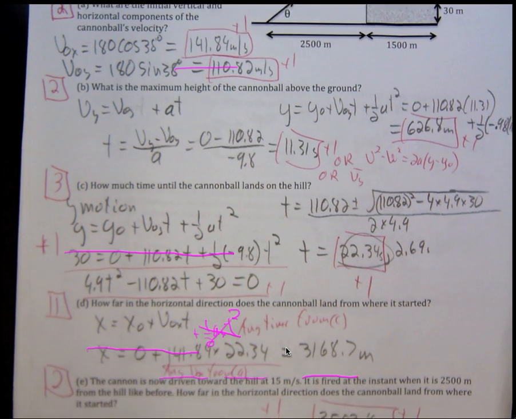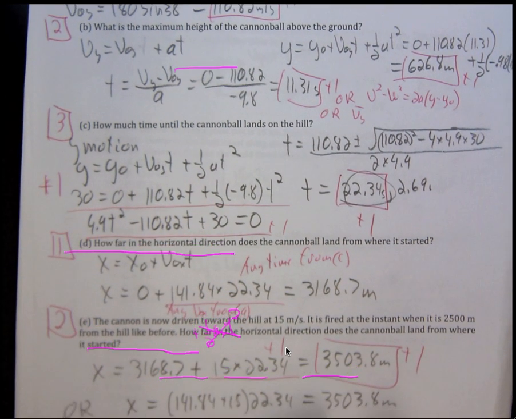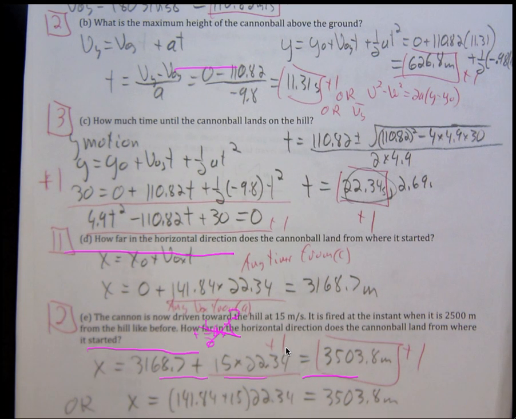And so now kind of a tricky one you hadn't really seen before. What if we drive the cannon toward the hill and fire it? And so what that does is the cannonball already has some velocity from driving it. And so there's two ways you can handle that. You could take how far it went without this additional velocity and add the velocity times the time it's in the air. Or you could think, hey, my x velocity now is not